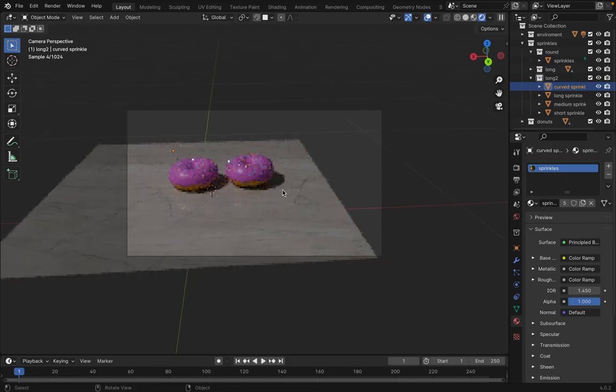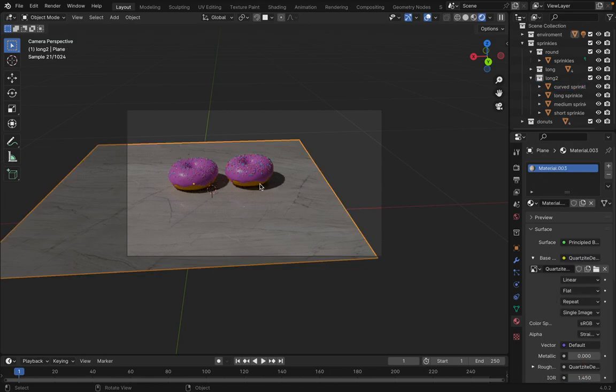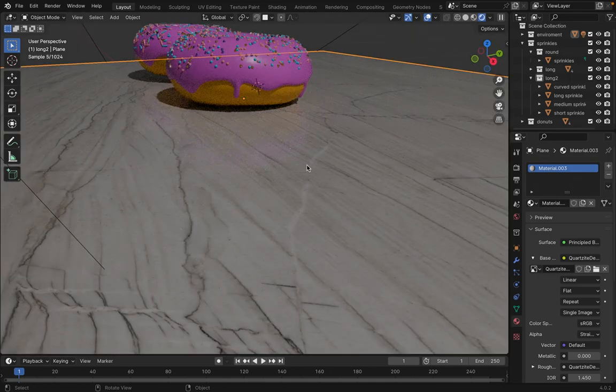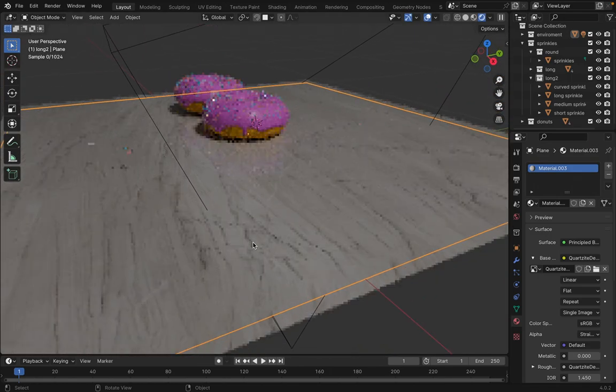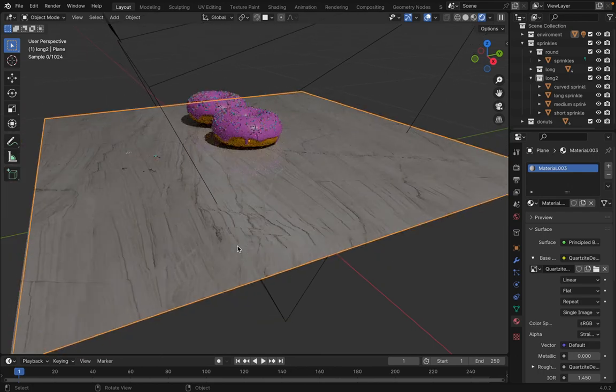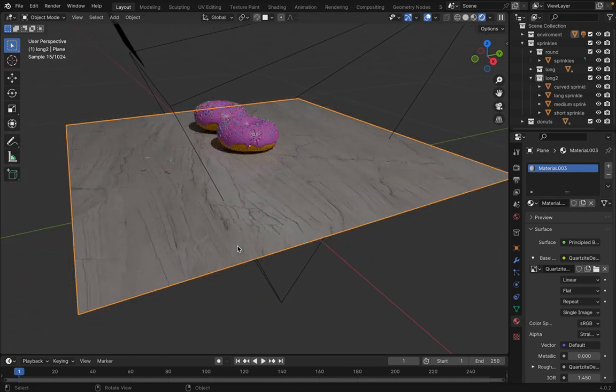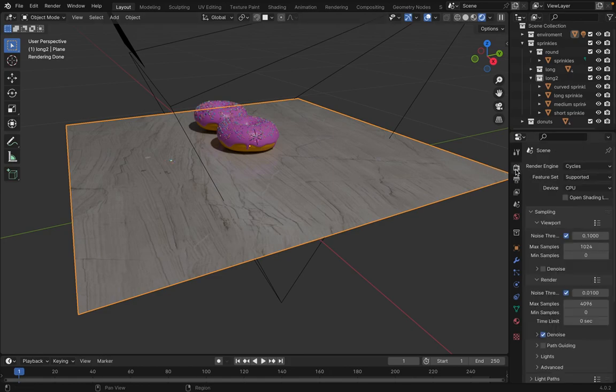Yeah, this is enough. Okay, now we go to the rendering. We change from CPU to GPU. We go to